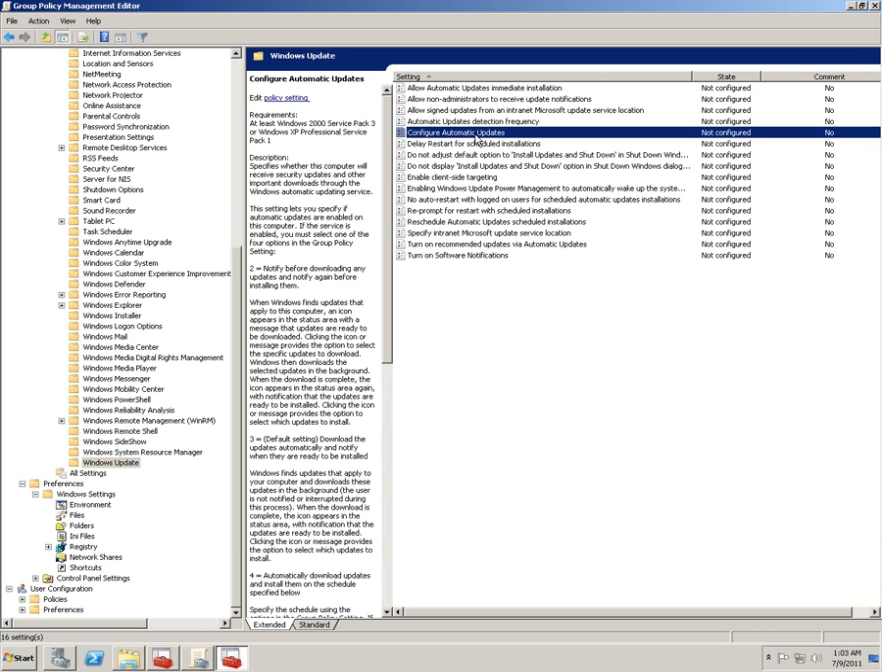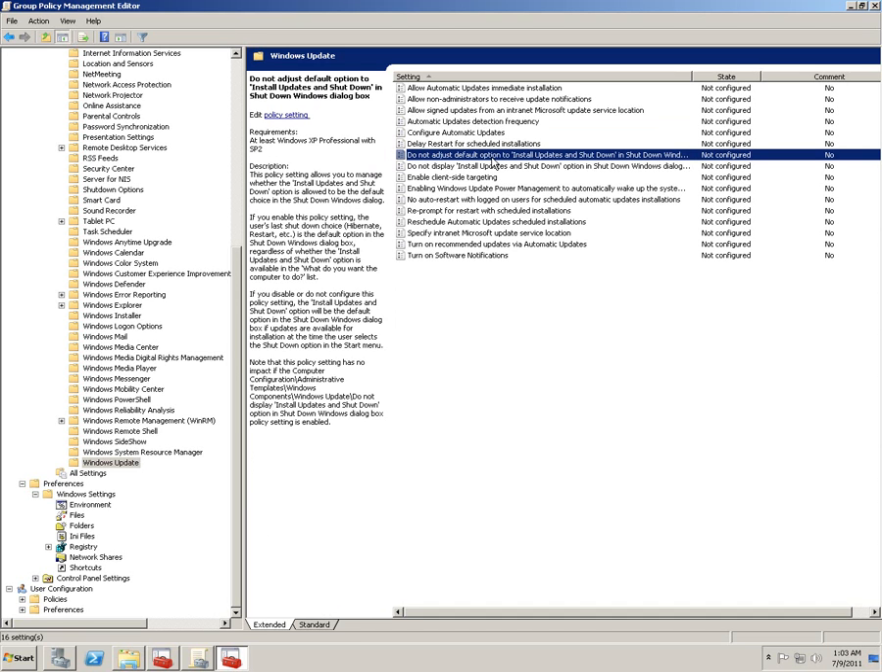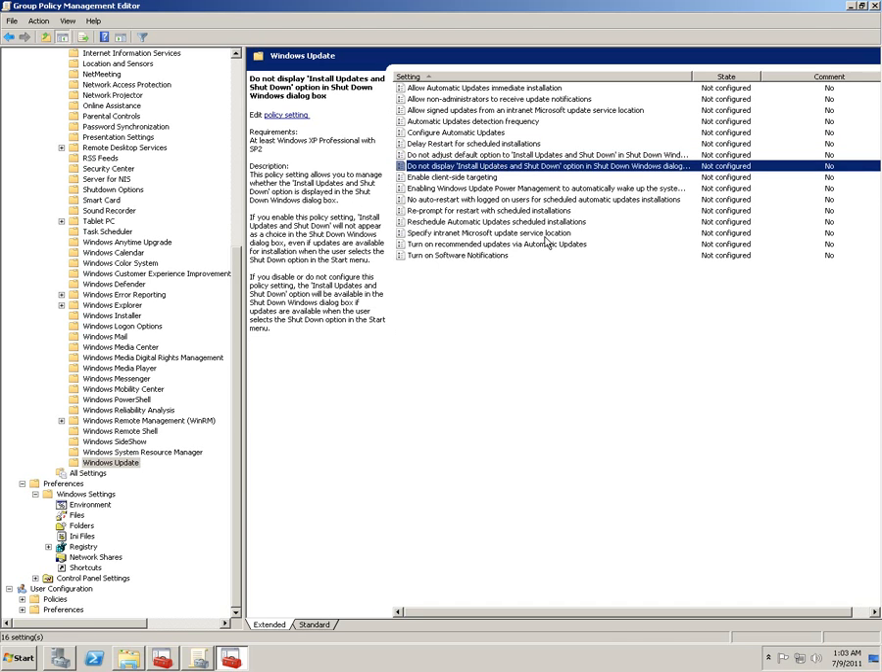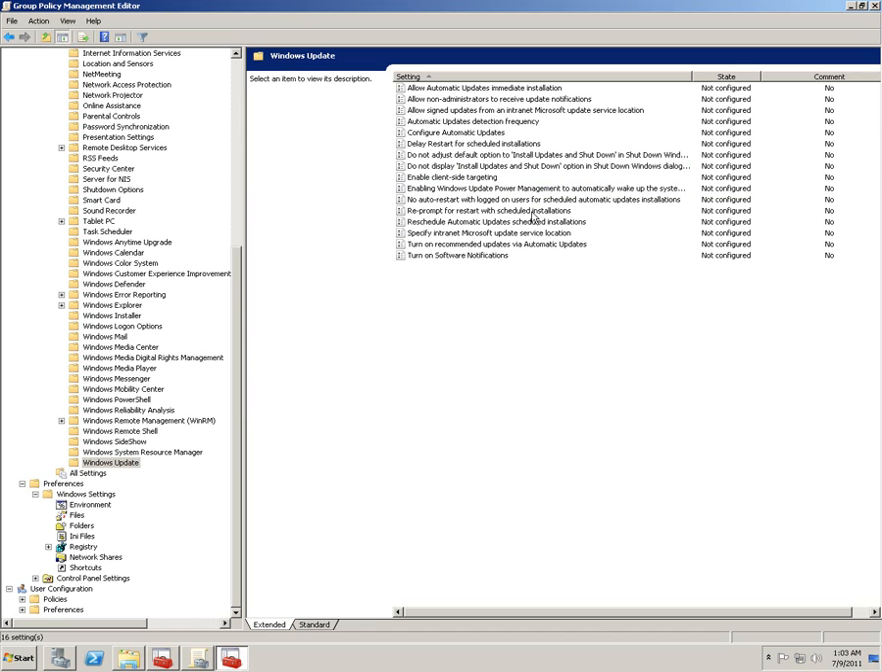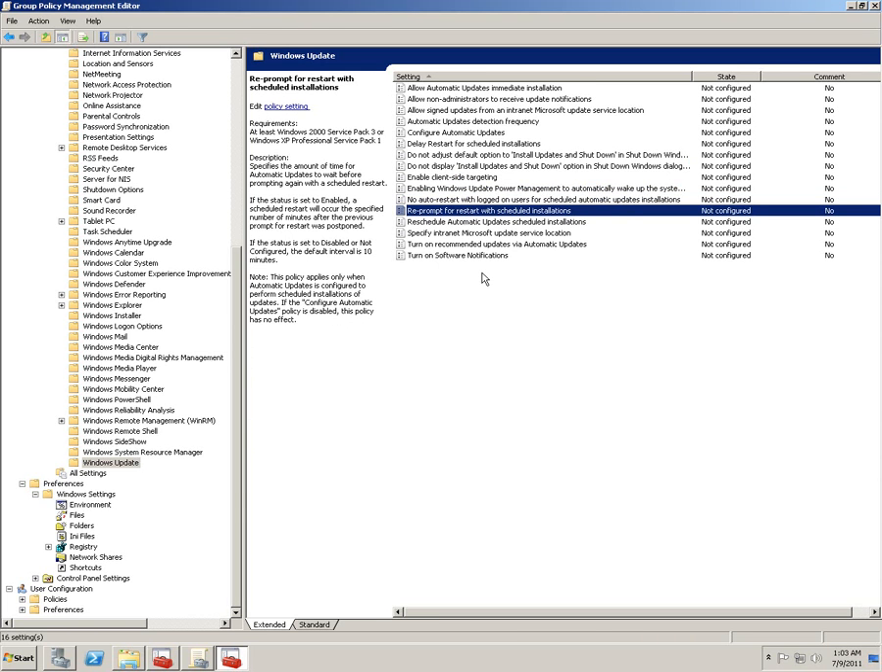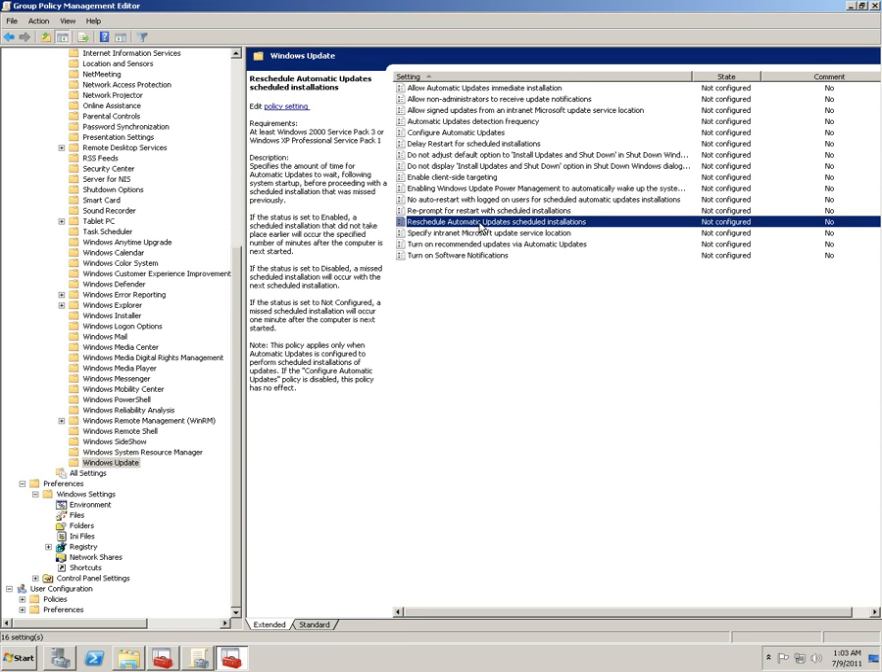Configure automatic updates. Delay restart for scheduled installation: suppose you have any problems in your network and you want to delay the scheduled installation, you can do it over here. Install update and shut down after installation, if you want the machine to be shut down. Client-side targeting, Windows Update power management to automatically wake up the system. If you have WOL installed and configured, this could be a great help. Auto restart, no auto restart, reprompt for installation, updates via automatic updates. So these are the things we can go ahead with. You can normally do these things from update services. So